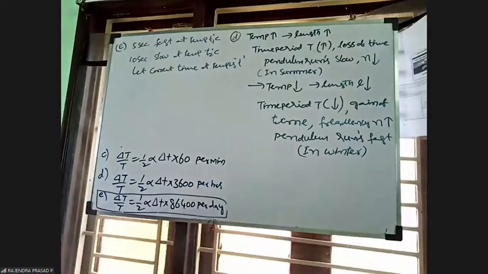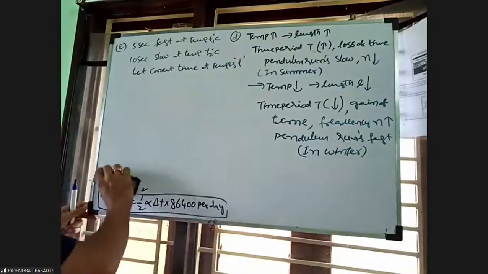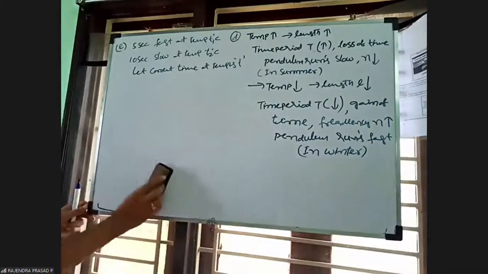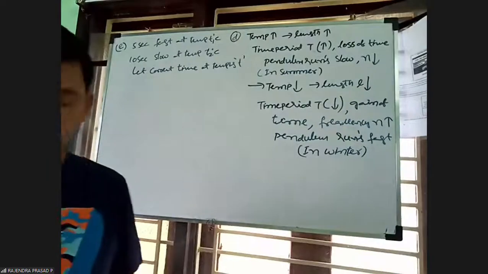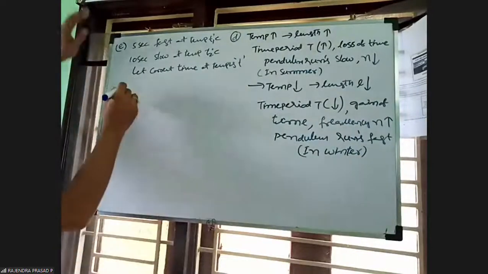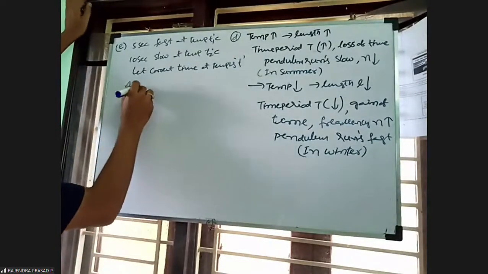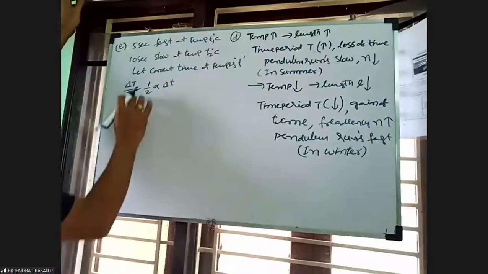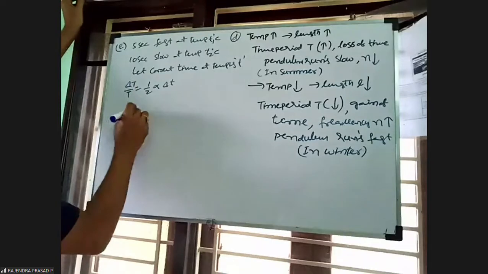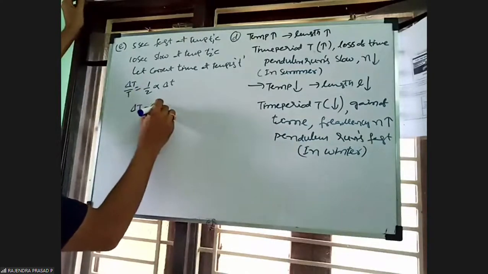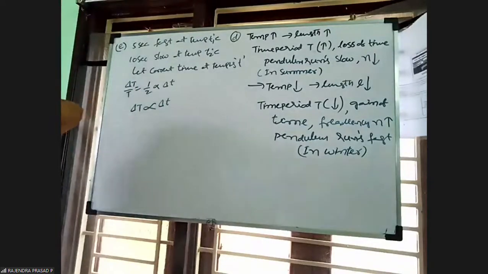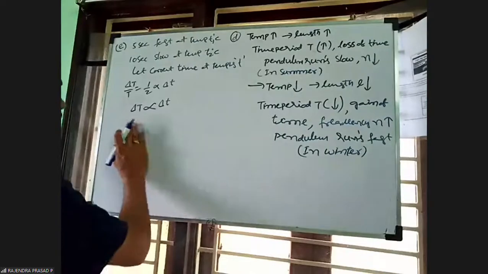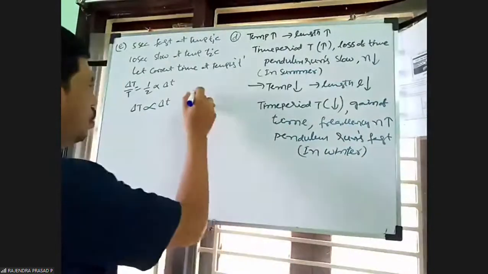Okay. One minute. So actually for the formula, delta T by T is equal to 1 by 2 alpha delta t. This is the relation, only this is the relation. So delta T is proportional to delta small t. Okay? Right. So what is that delta T? For example,